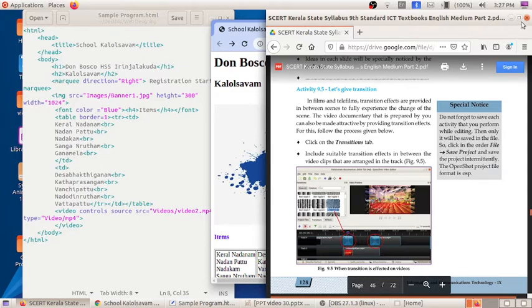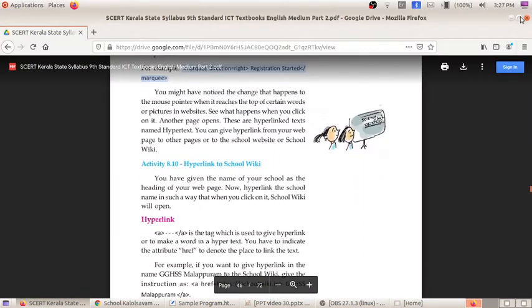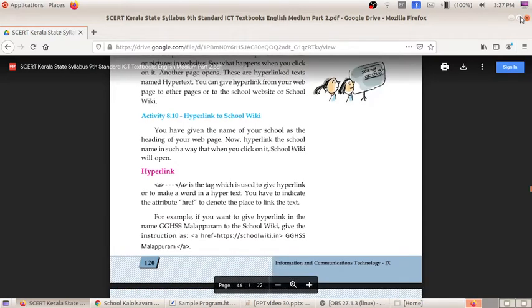The last activity is giving a hyperlink to school wiki. You all will know that school wiki is the Wikipedia in which the details of the schools are added, right? All the details of the schools are added in the school wiki. If a person from outside the school wants to know more about the school by seeing your web page, you can give the hyperlink. Hyperlink means what? A link.